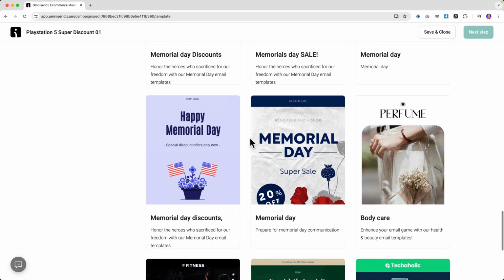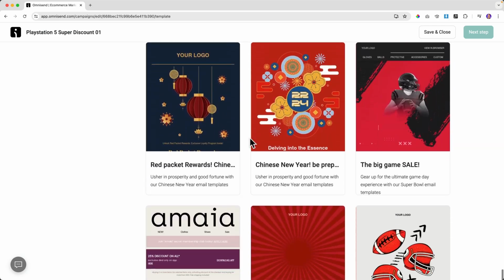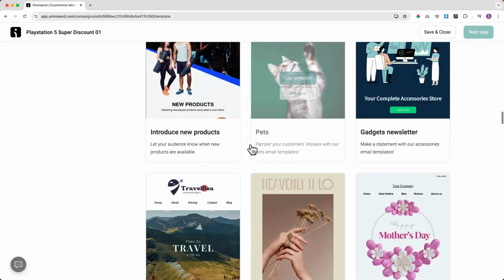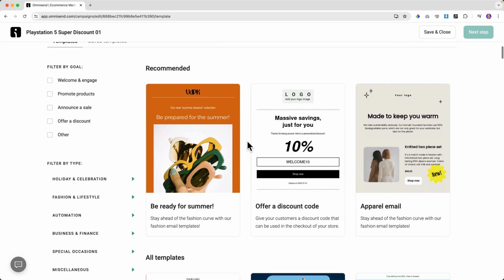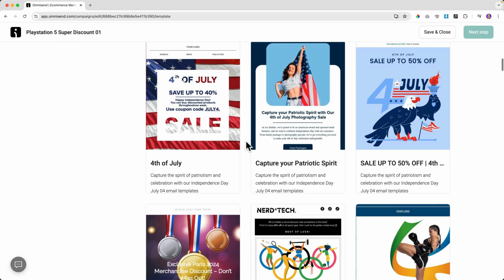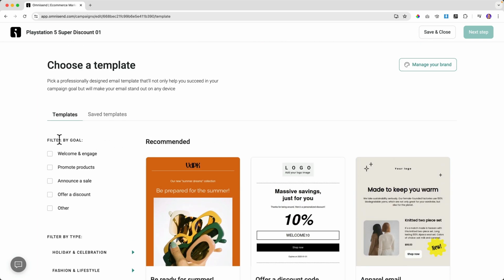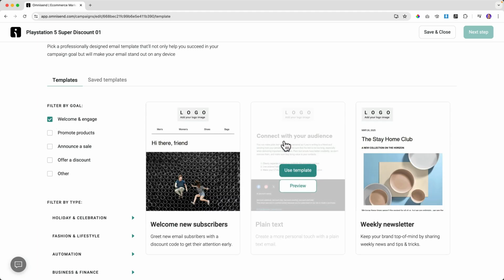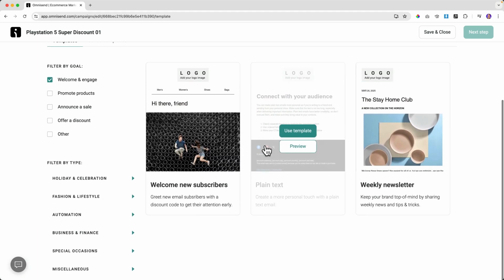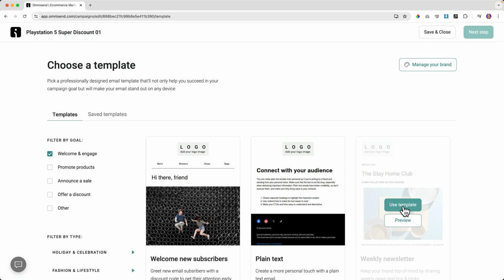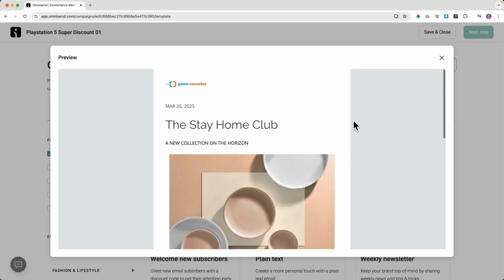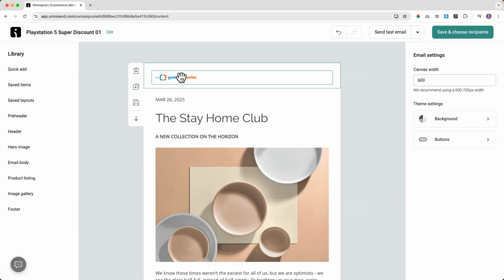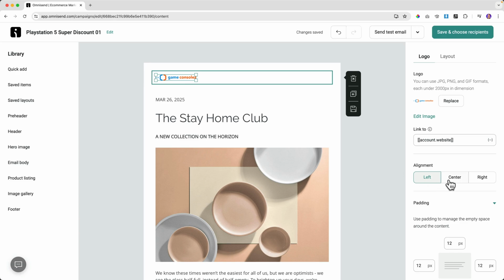As you see over here, normally I'm from the text emails, but these guys at Omnisend know what they're doing. They know what's working, what's converting. So I'd rather have an email that is having better results than an email that is exactly how I want it to be. So I can also filter by goals. Welcome. I want it to be engaging, for instance. So this is more like how I have it in mind. So I could choose something like this. I can preview it. So let's start simple. Use a template. Okay. So over here, I can bring this to the center.